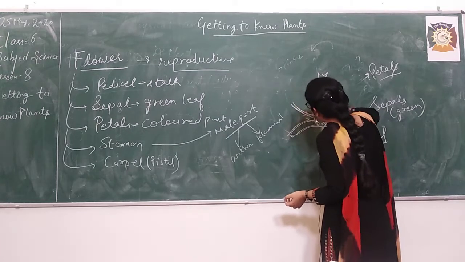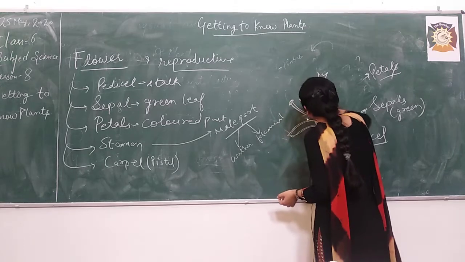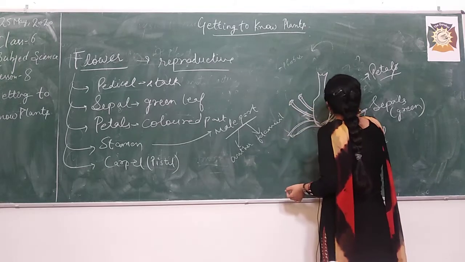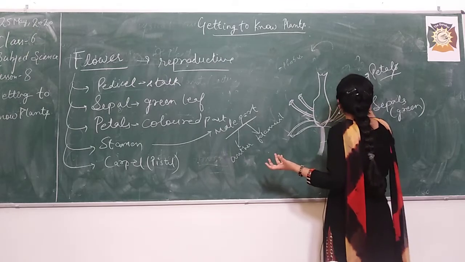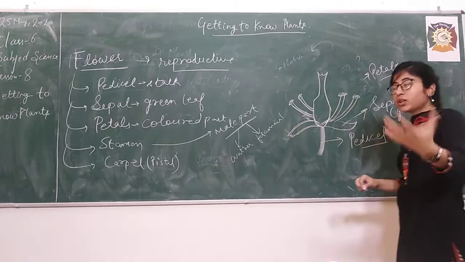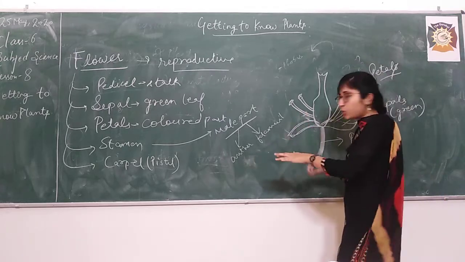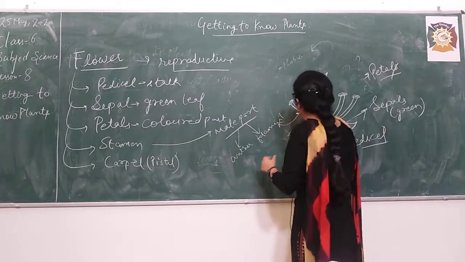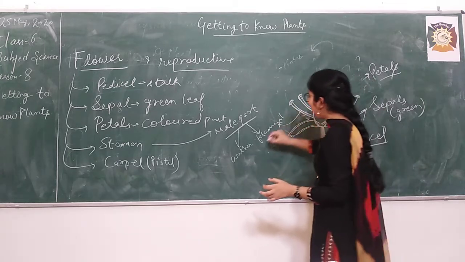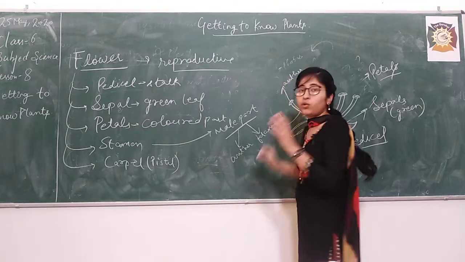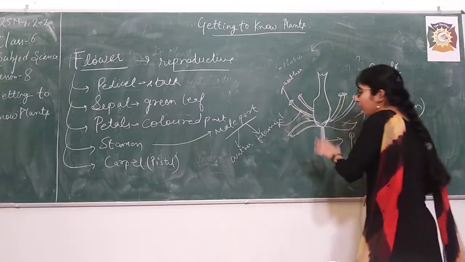These structures in the flower, right? These are very small structures. I am just drawing it here white so that you can see it clearly. But in a real, natural flower, these are very small. So this is known as a filament and this is an anther. These two combine to form the male part of the flower.